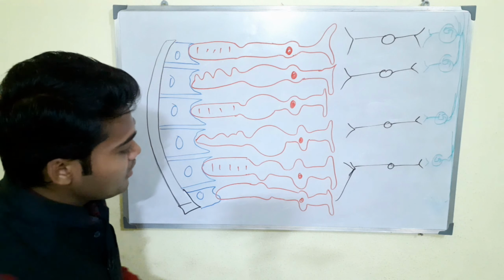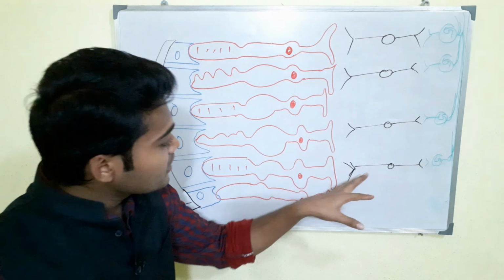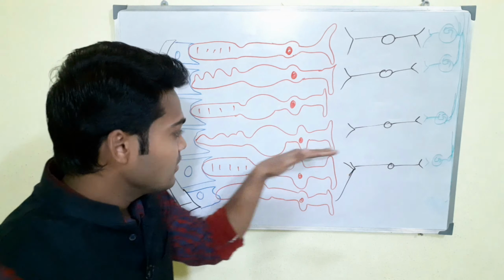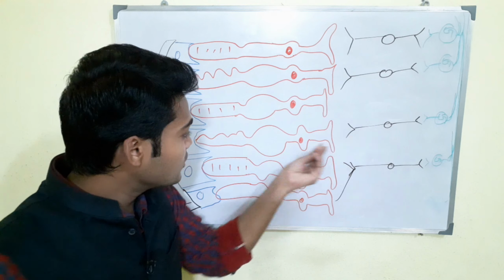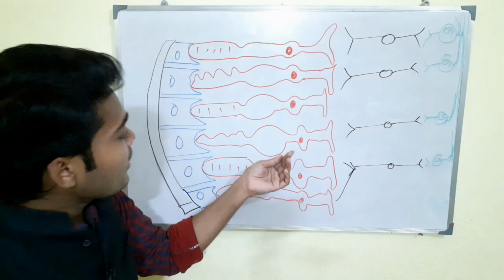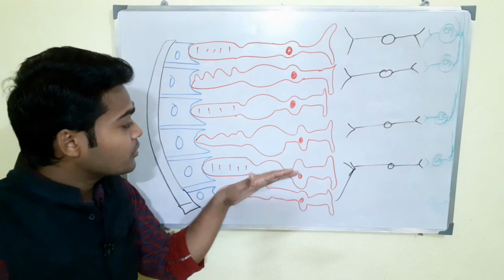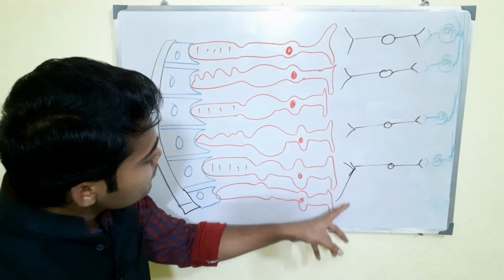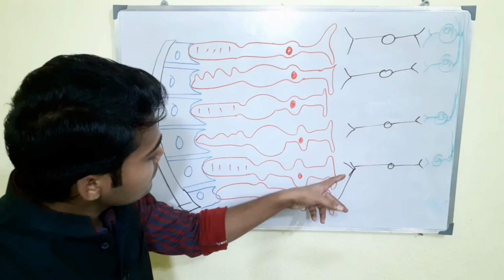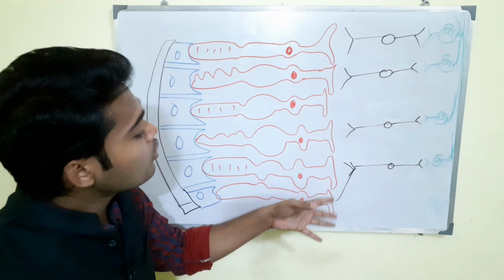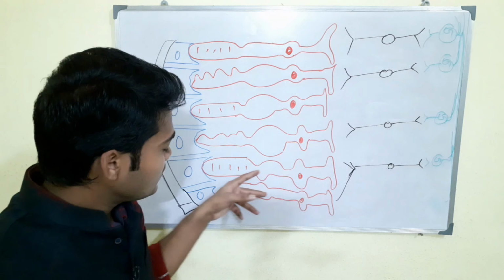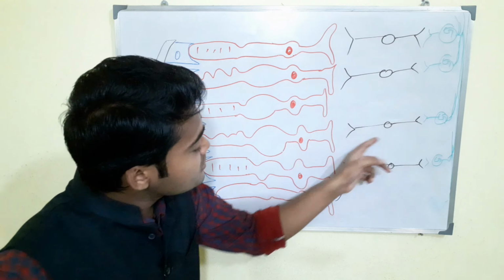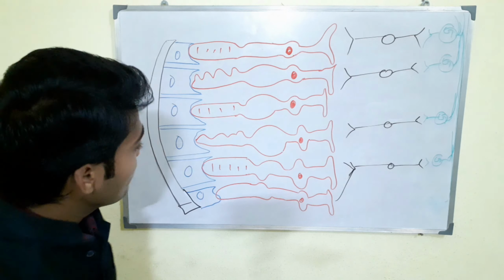Now you may ask me what is actually happening here. Sometimes the cone cell makes a private line, meaning a private line for impulse conduction. That's why cone cells are present in our eye. So what actually happens is that one bipolar cell might attach to two or more multiple rod cells, but a cone cell is always attached to a single bipolar cell, right?